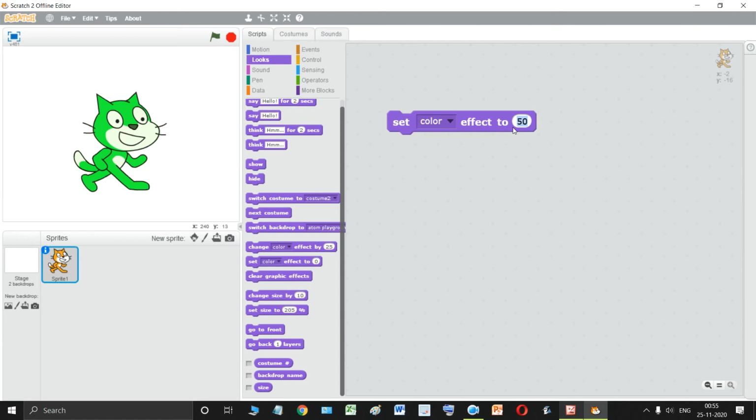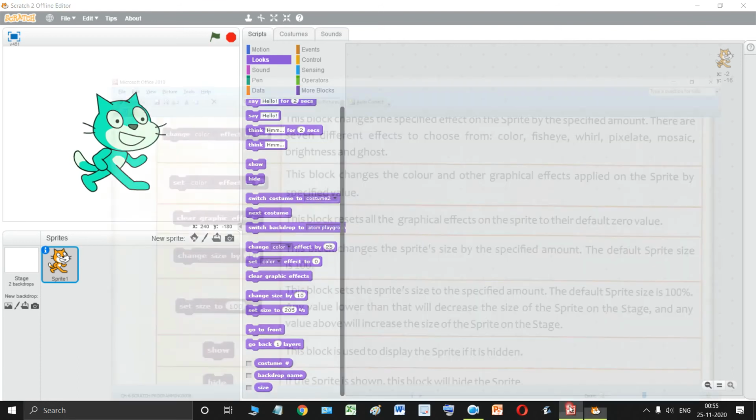Now if I want to change, I have to change the value. Okay, so I have changed to 75, and now I am clicking. Now it has turned to blue. So it depends on the value. Whatever value you give over here, according to that value, the color is going to change, and the other effects also. Okay, so it is going to set to a particular value. It is going to change only once, and then it is going to remain at that value only. If you want to change, you need to change the value over here. Okay, so moving on to the next tab.